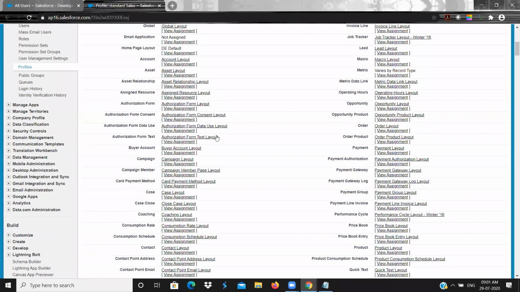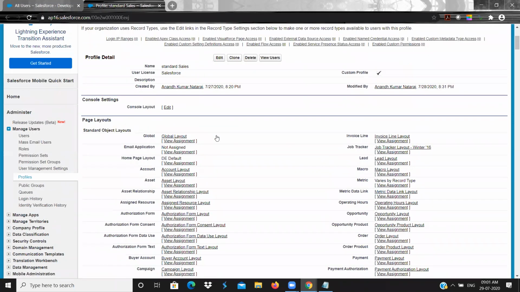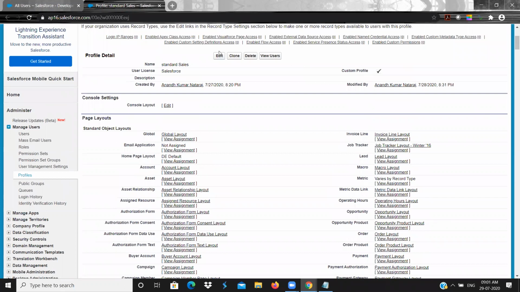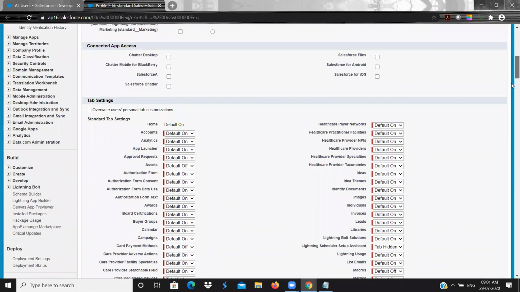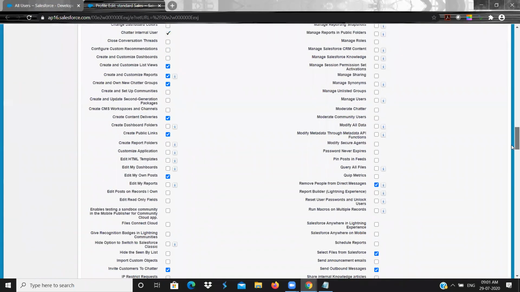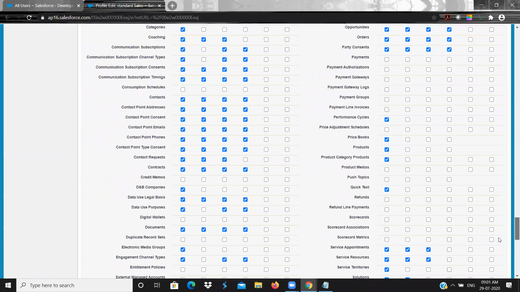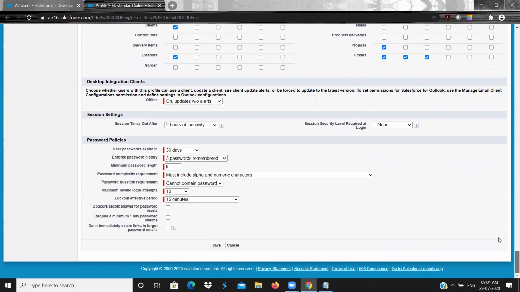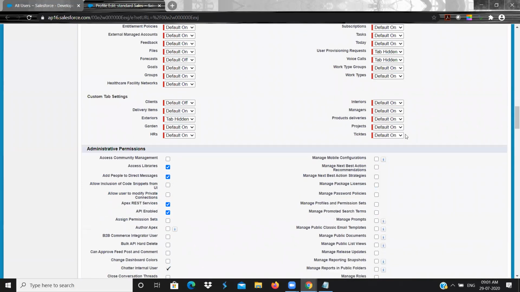And the tab also, what we need to do is, here you give tab hidden.